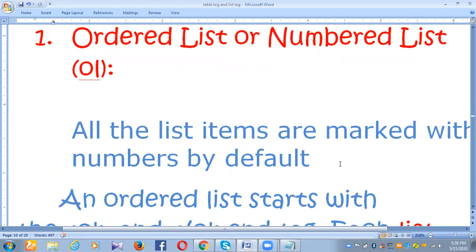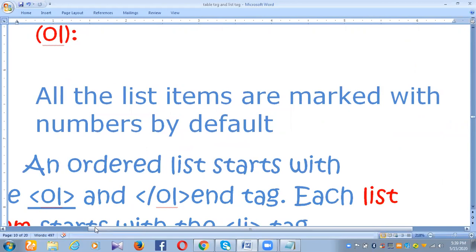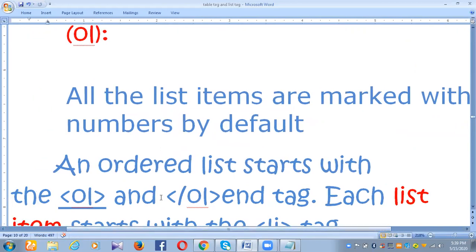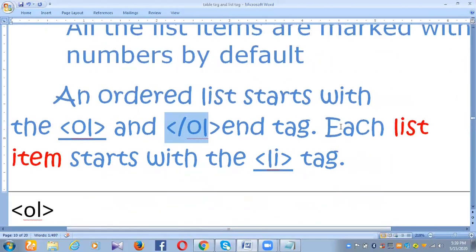Under OL, all the list items are marked with numbers by default, as discussed. An ordered list always starts with OL and slash OL, meaning an opening and a closing tag. Each list item starts with the li tag.